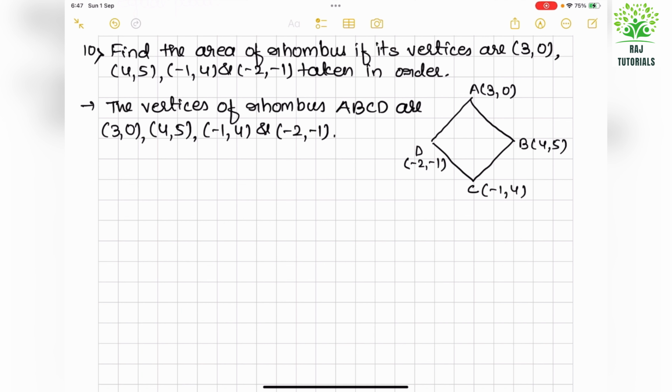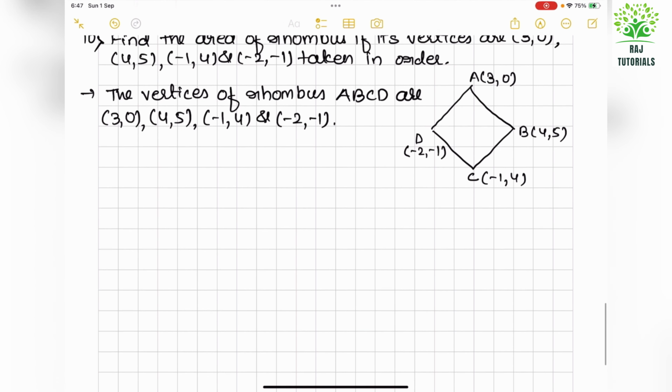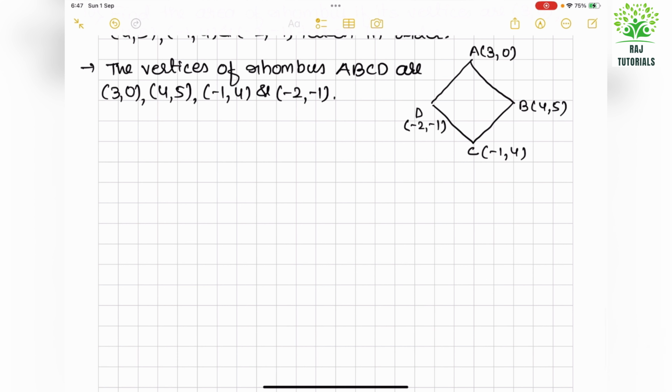Next question says find the area of rhombus if its vertices are 3 comma 0, 4 comma 5, minus 1 comma 4 and minus 2 comma minus 1 taken in order. So we know that here the vertices of rhombus ABCD are 3 comma 0, 4 comma 5, minus 1 comma 4 and minus 2 comma minus 1. So respectively I have given the name. Now diagonal AC will be,